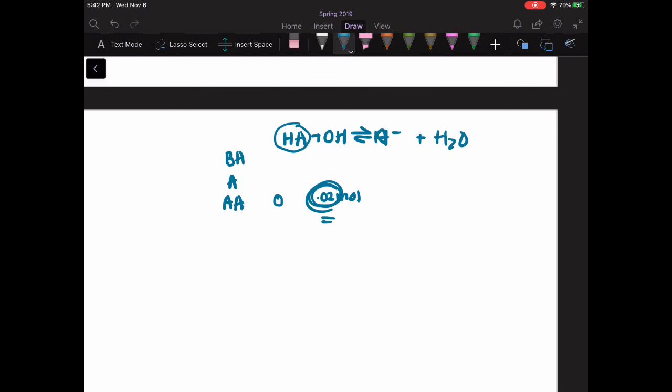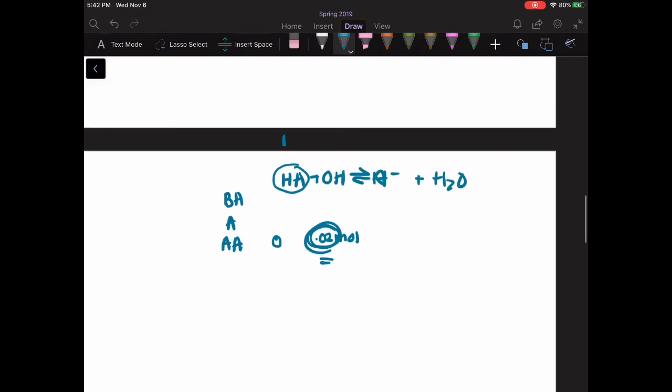What you would need to do in a case like that is look at the volume. If the volume is 1 liter, then I would do 0.02 divided by 1 liter to get my molarity. And I would take that molarity and do negative log of 0.02 at this point to get my pH. Or if the question phrases it as, oh, I add 25 milliliters of a 0.1